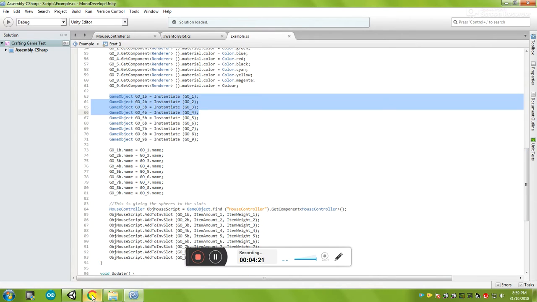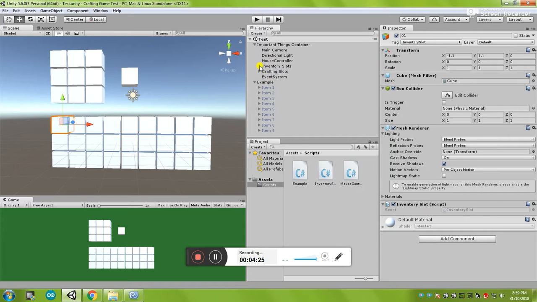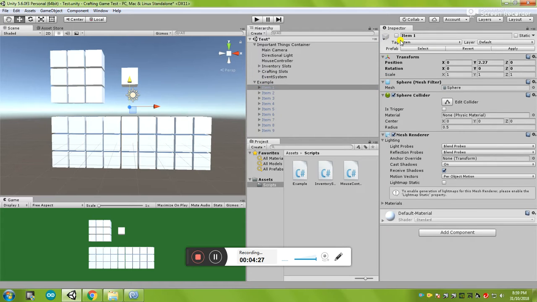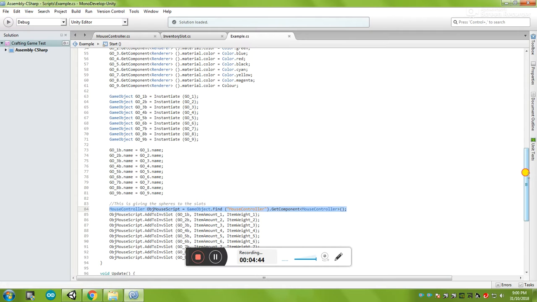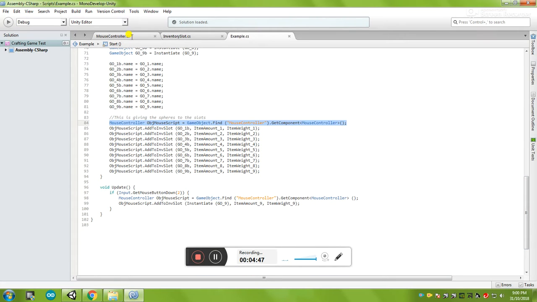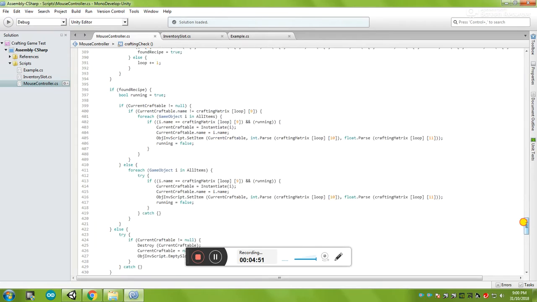This just makes a copy of each of these objects, like I said, with these items. They're completely invisible, but you don't really want to use them because the crafting system still needs that data. So it makes a copy of them, changes their name to the same thing, otherwise it comes up with clone or copy for some reason, and then it goes through, accesses the mouse controller script, and if I can find it,